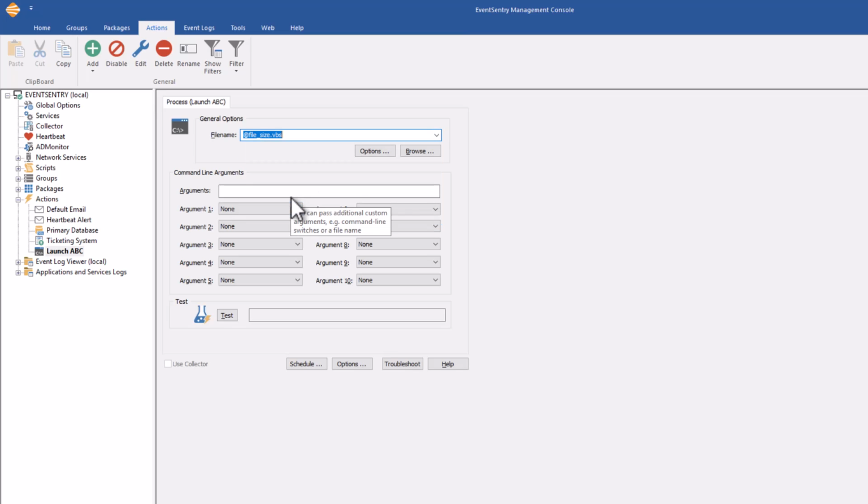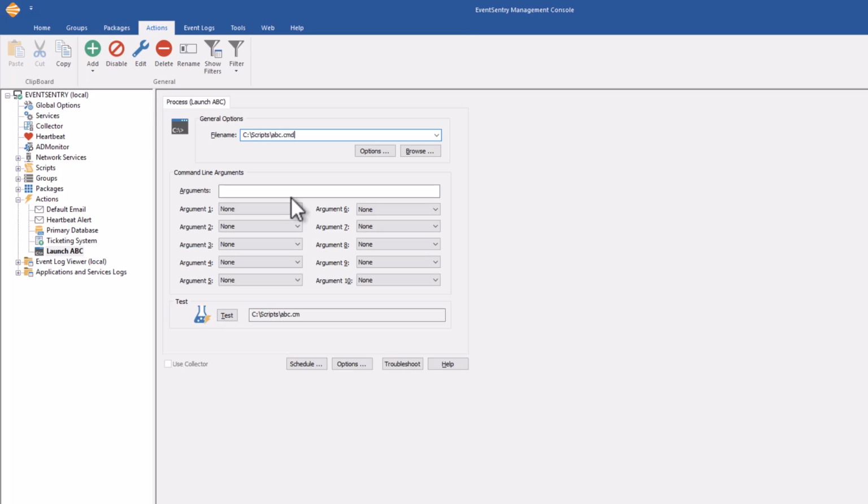file size.vbs, then that script, and I'll illustrate where this can actually be found, is going to be launched, and it doesn't have to exist on the file system where the agent is executing it. It doesn't matter. It's included in the configuration of EventSentry, and it's called a built-in script, basically. But you can, of course, also reference scripts on the file system. So for example, you could say C scripts